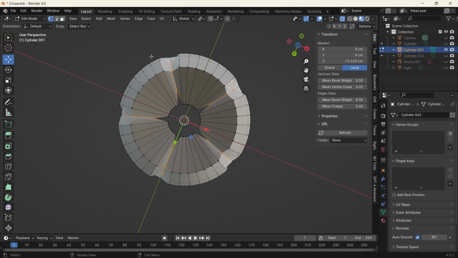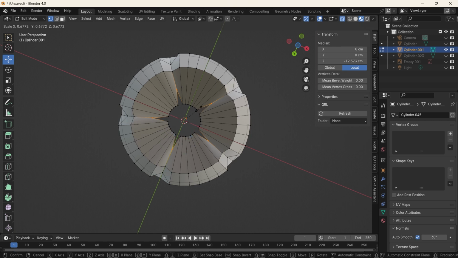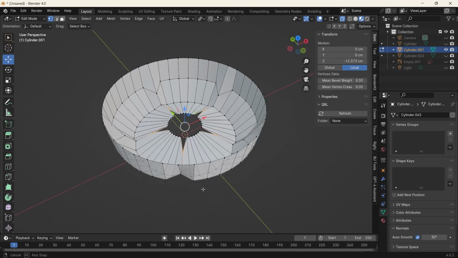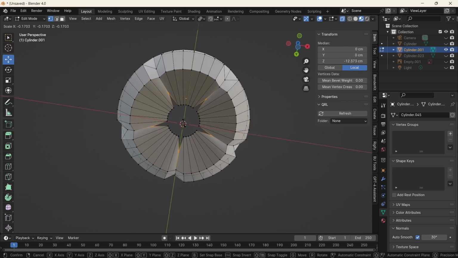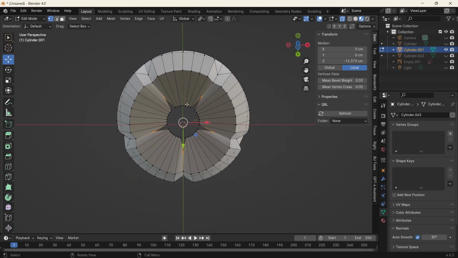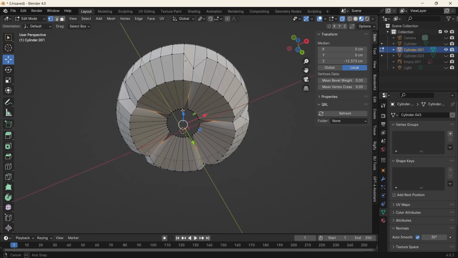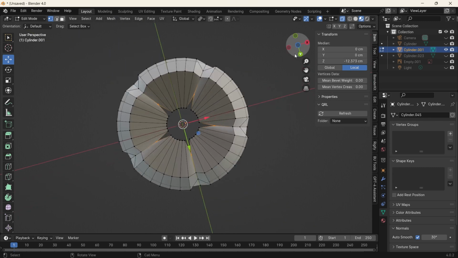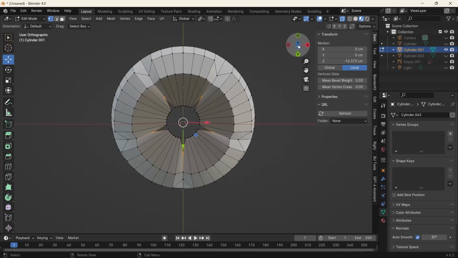So let me switch over to my vertices mode and just deal with the inner ones, scale those in. Okay. Don't worry. It's from the star shape, but we'll be able to correct it. So what we'll do is